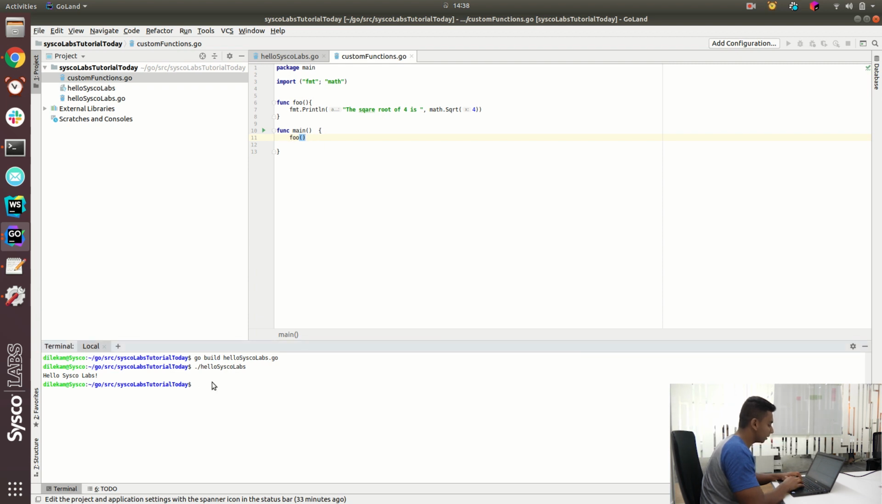So there is another command that we can build and run at the same time guys. So it goes as go run custom functions. So what this command does is it'll compile the source code and run the executable for us in just one command. Ta-da! So we've got the result that we needed. The square root of 4 is 2 if you never knew it, right? Right, guys,